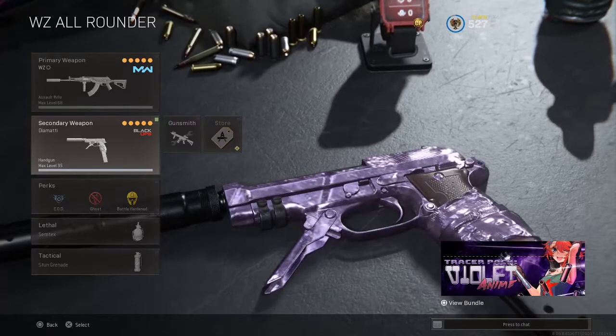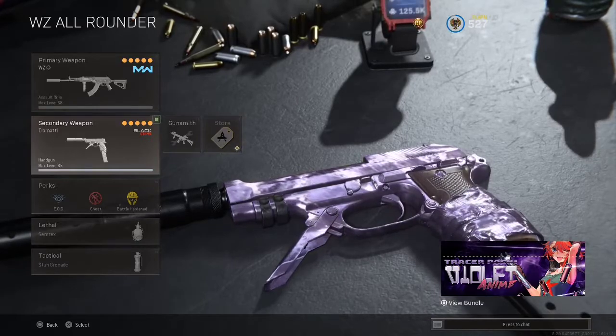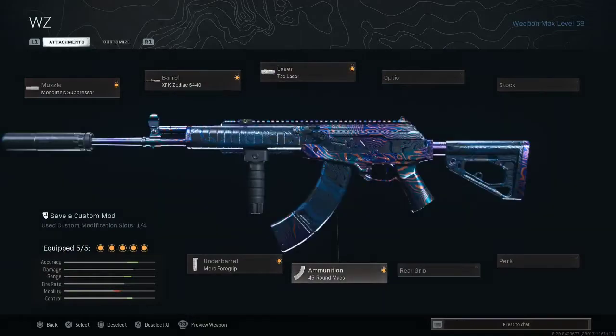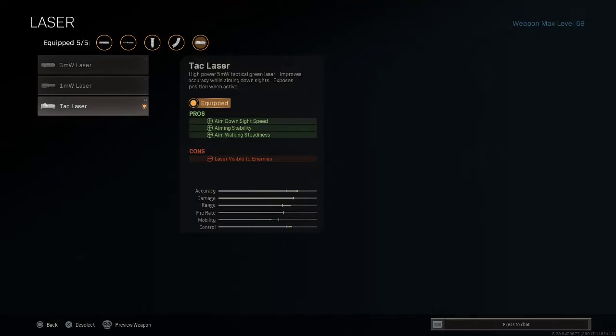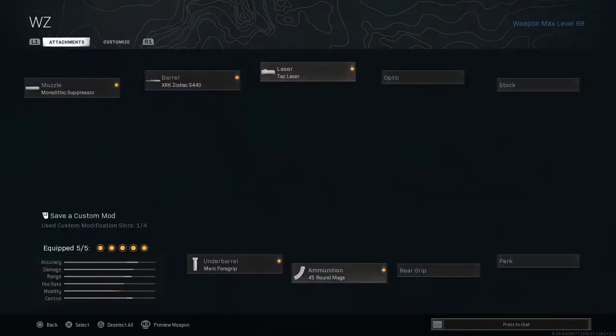Preferably, I'd pick something off the ground, like another MAC 10, maybe a closer range SMG, like an MP7, or anything that I can find. We're also going to have our 45 round mags like before. And by the way, this tac laser, this is not required. If you want to switch out this tac laser for a